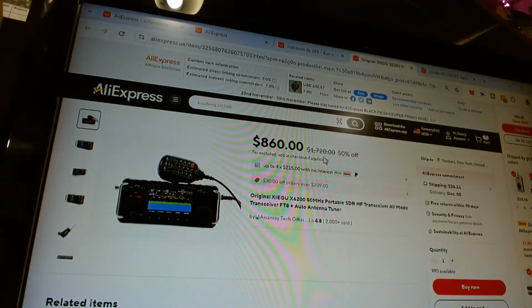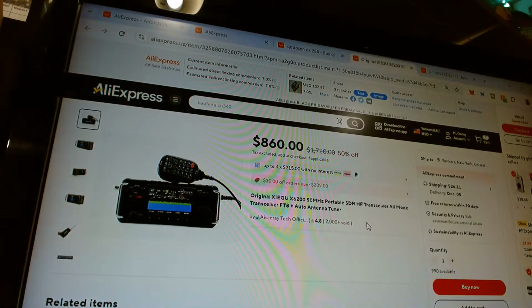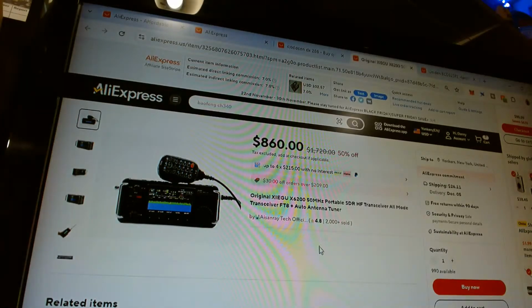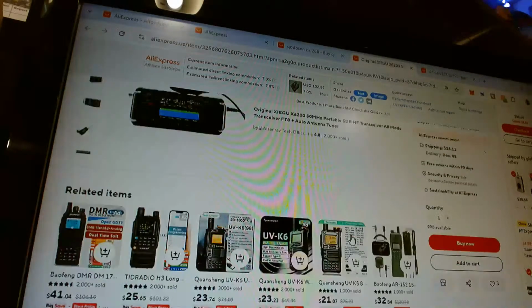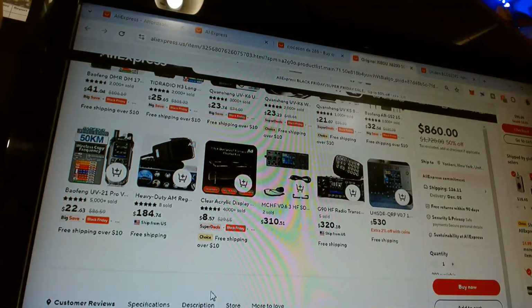Because that is a ridiculous price. It's not worth 7,200. It's at 1,700. The listed price on this radio is $899. 860 is still too high for this radio. I'm sorry, that is not a deal. That is a stupid price for this. So no. Now the 6100 is the one that Marity DXer has. He likes that radio. He has a 6100.